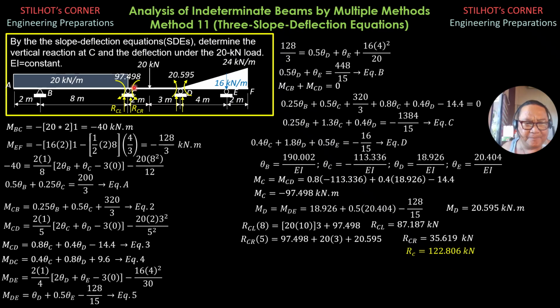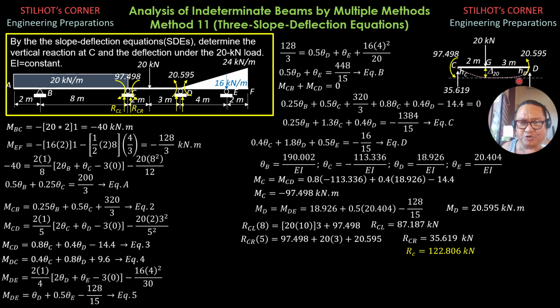Then let's enlarge this, magnify as shown here. So I'll just assume that the rotation of chord or the tangent to C is clockwise, and that is positive, although it's actually counterclockwise because the result here is negative theta C. But anyway, just follow this figure so that the delta 20 is treated positive in the slope deflection equation because the rotation of the chord is clockwise, and that's the sign convention for slope deflection equations.